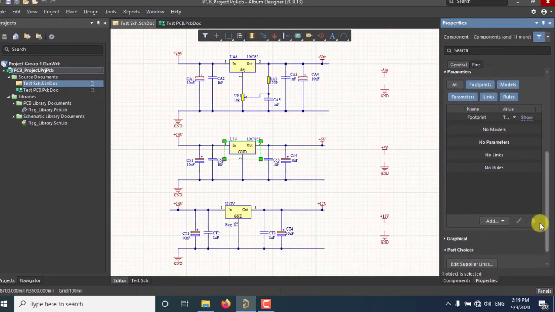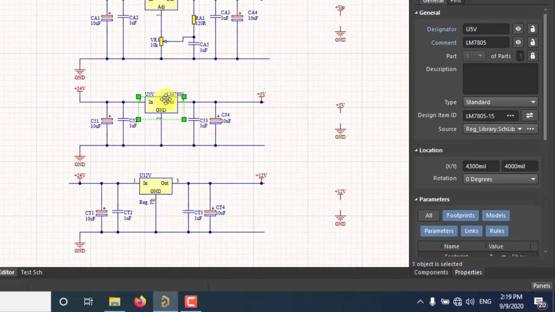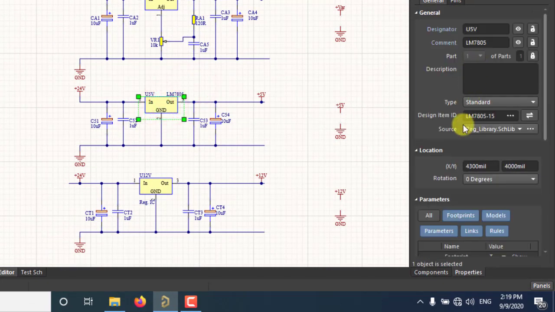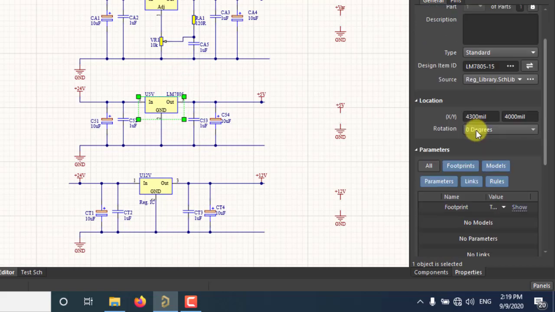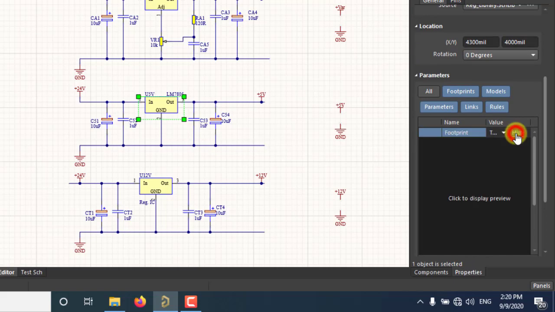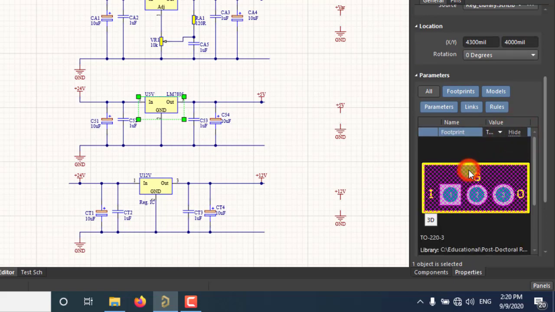Okay, so you can select an item. For example, let me select again, and you can come into the property panel, and here in the property panel you can look for the footprint. Just click somewhere and you can see the 3D and the 2D view. If it gives you this view, it means that yes, it is added. This footprint is added to this particular